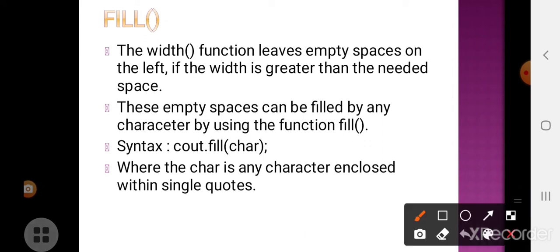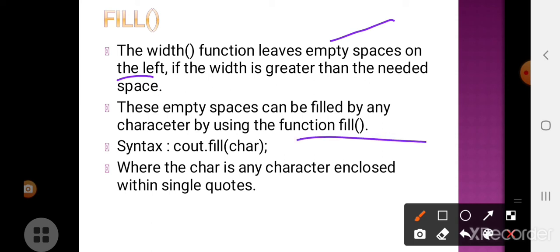The width function leaves empty spaces on the left if the width is greater than the needed space. So if there is no need for that memory space, it will leave an empty space, is it right? These empty spaces can be filled by any character by using the function fill.